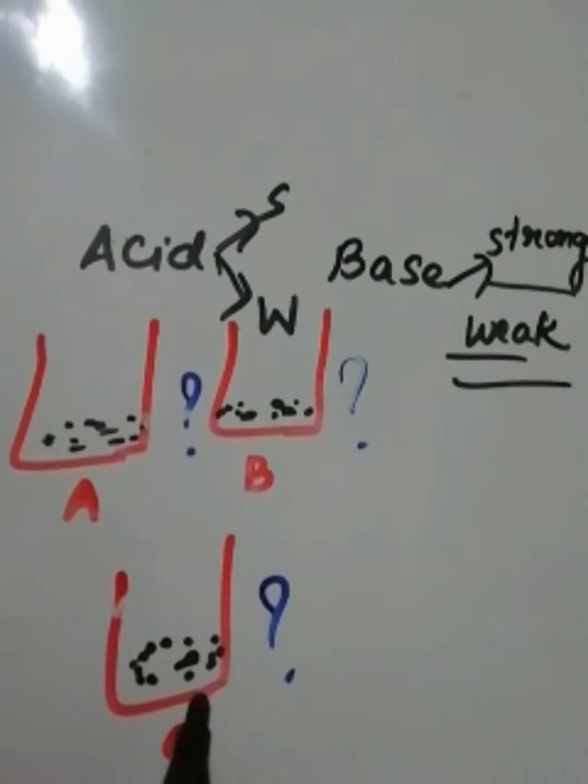Now we will dip it in some solution. So this is the solution. I am dipping the pH paper here, and you can see the color change is taking place. Yes, we can see purple color. So now what do we need to do? We need to match it with the pH scale. Now see, the pH scale is from 0 to 14. We will match, and the number is 12. It's matching with the number 12. And we all know that from 7 to 14 it is base. So 12 is a strong base only, like 12, 13, 14. So now we can identify that the solution is a basic solution and a strong one.